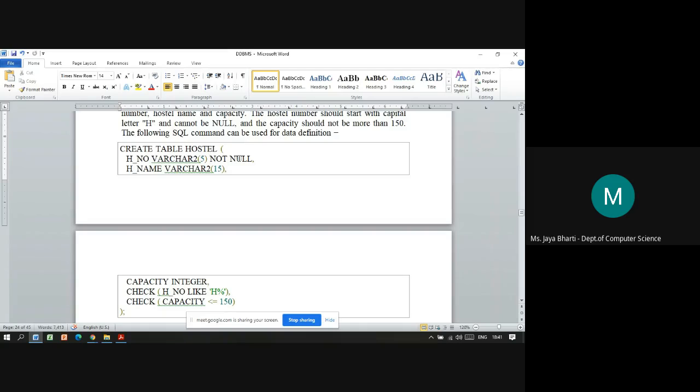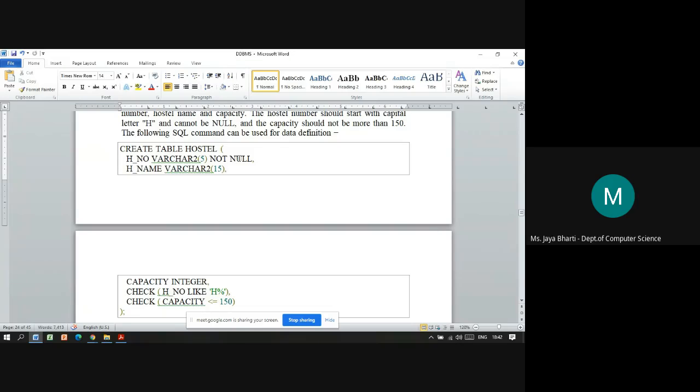Because they have specified varchar2, I'm assuming that the hostel number starts with some characters and then a number, like h1, h2, h3. That's why they have given varchar2. Same for the next, h underscore name, varchar2 15. So 15 is the max length.